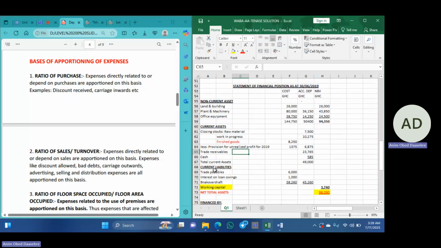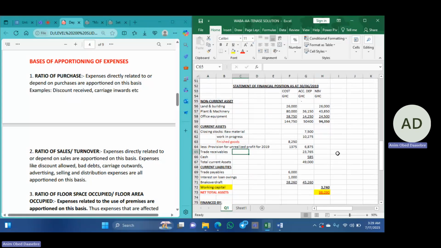Then you consider current liabilities, trade payables, loan owings, and bank overdrafts. Okay. So the bank, if the bank balance in the trial balance is a debit balance, the bank figure will come toward the current asset. But if the balance of the bank amount in the trial balance is a credit balance, then